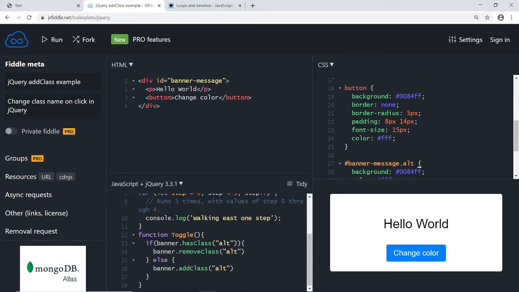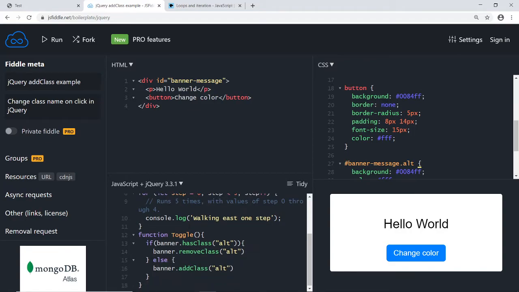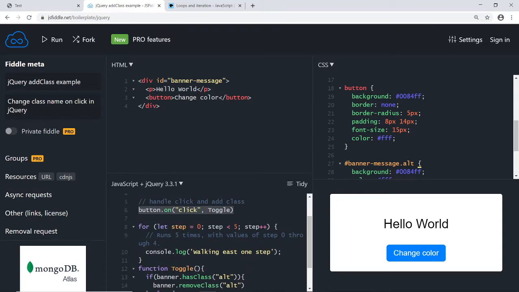Right, so when you click on the change color button, it's going to run the toggle function, right? Yeah. And you want what's in the toggle function to happen 5 times. So when you put this in the for loop... Not that. That's what I initially was thinking when I said that's what I thought you would do, is put the button on click inside. Because if you were to put the button on click inside of a for loop, you're